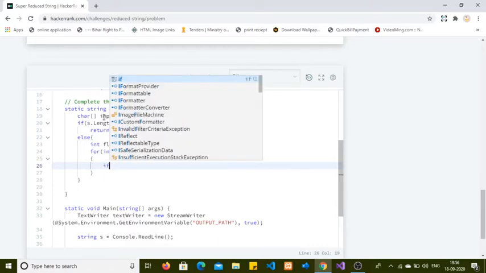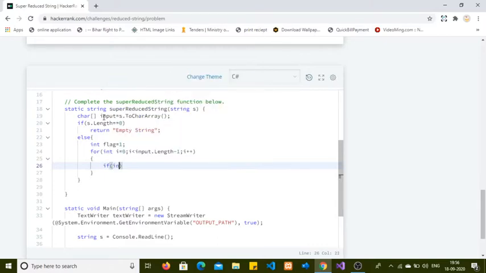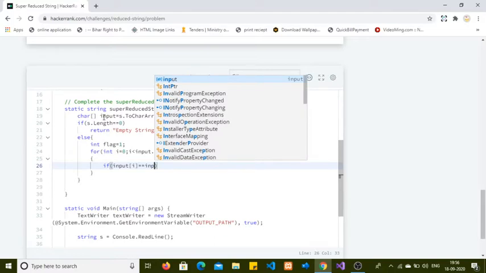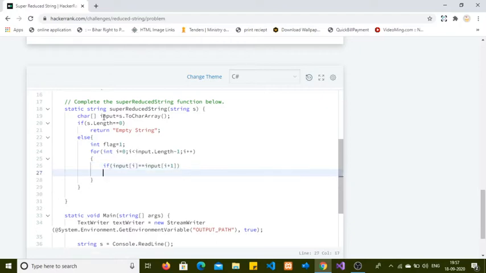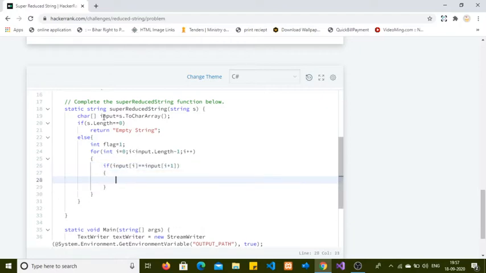if input, that is the given array of type character, input[i] is equal to input[i+1], meaning the next character, both are equal, then we need to mark both indexes as removed.